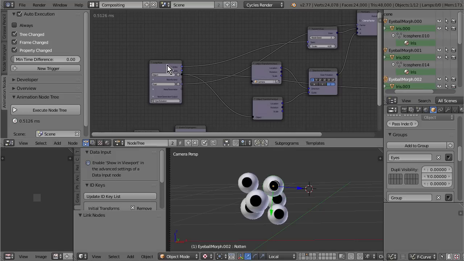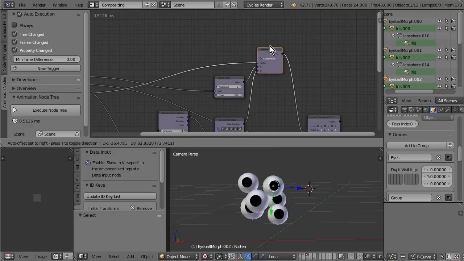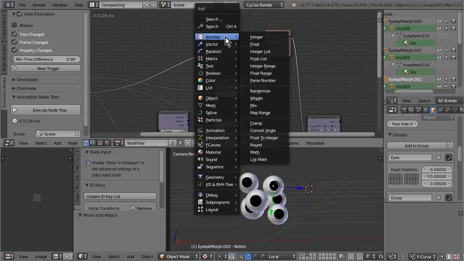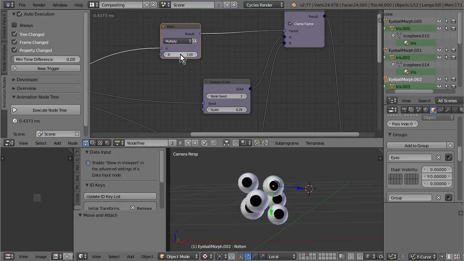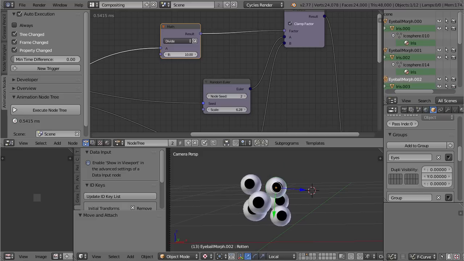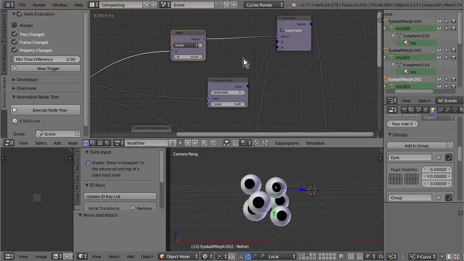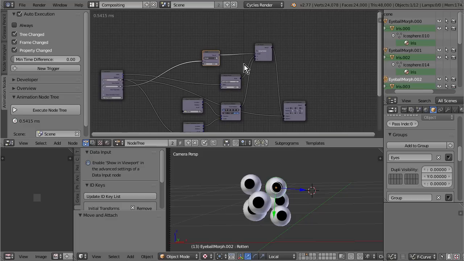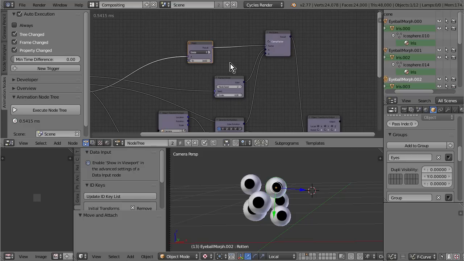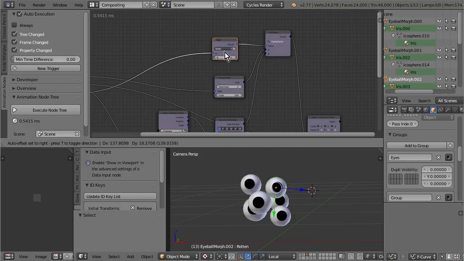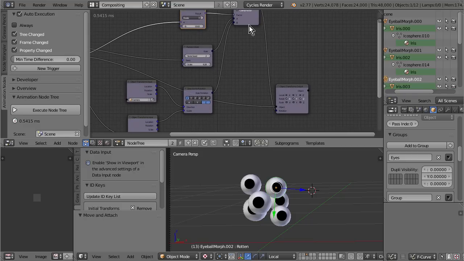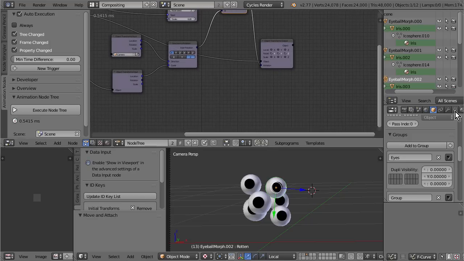Okay, so next thing I want to do is I don't want this to be 0 or 100%. I want this to evolve. So we'll just divide the frame number by, let's say, 10. And this way, in the course of 10 frames, you see the eyeballs rotating towards the camera. So that's nice. And before you start posting YouTube comments that this is not the best method, stay tuned, we're going to change that. But first, something else.